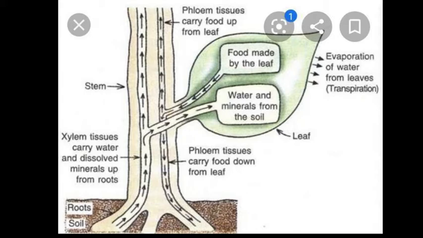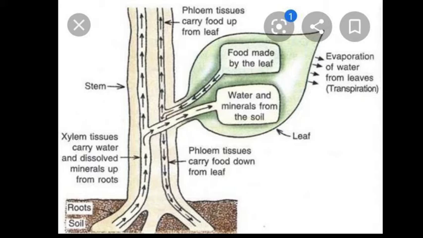We will discuss both parts of the transport system in your lectures, but in today's lecture we only describe the transportation of water and minerals. Plants require water for making food by photosynthesis, and plants also need mineral salts for various purposes like making protein. Water and minerals are absorbed from the soil by the roots, and are transported to various parts of the plant, from root to stem, then leaves, then flowers.